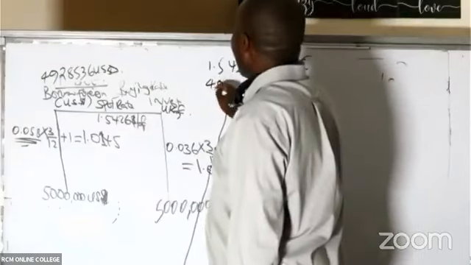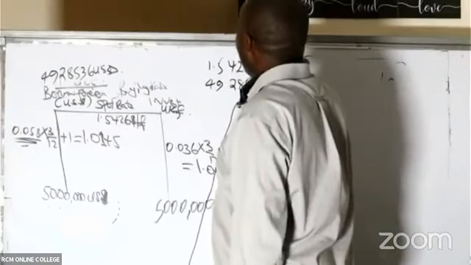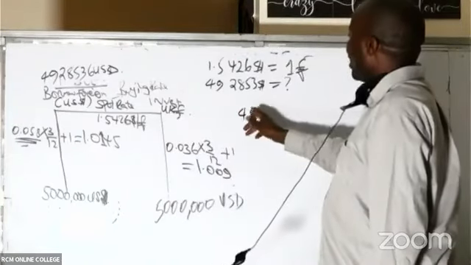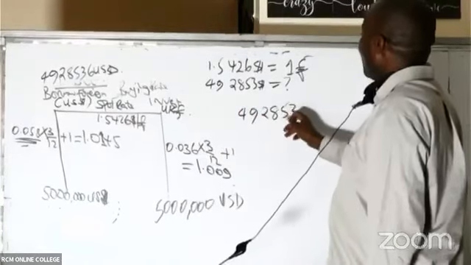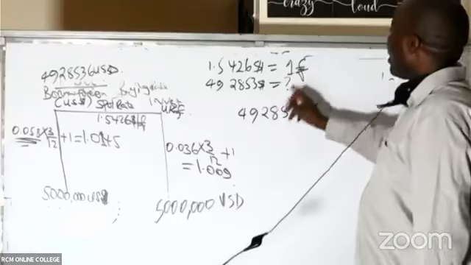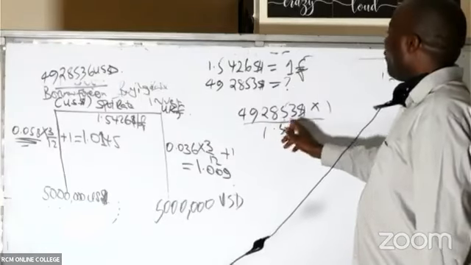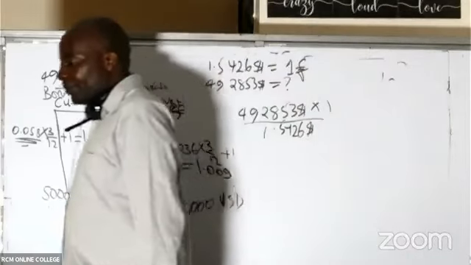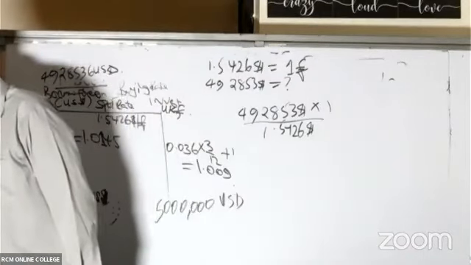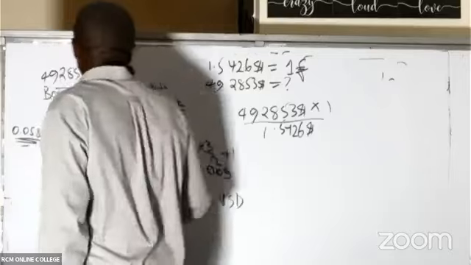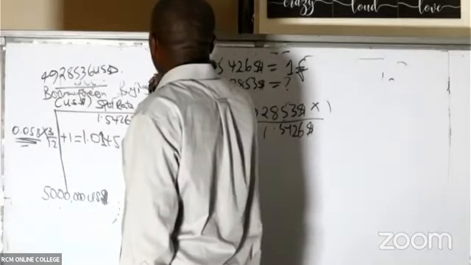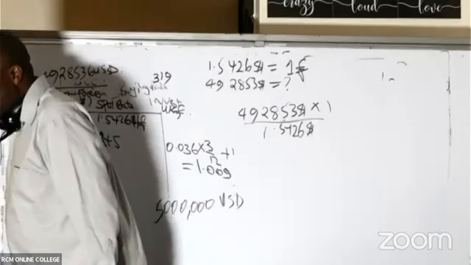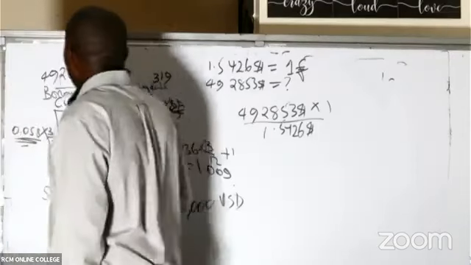How about this number of dollars, $49.28.53? So cross multiply. So this will be $49.28.53 times 1 divided by $1.5426. Is there somebody who is able to tell me how many pounds this is? So 319, we shall put here 319,49.54